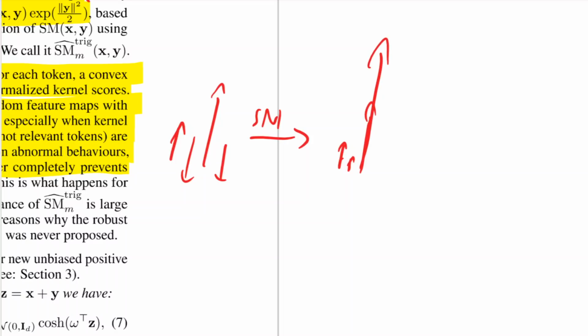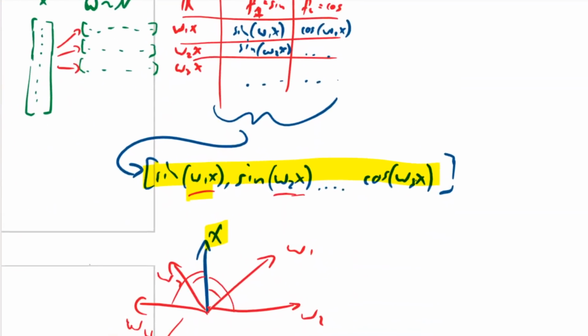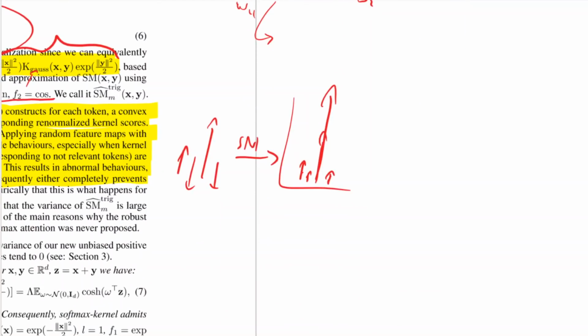Or really big, sorry, the softmax will scale that up. I will get out a positive distribution, like a kind of a histogram, okay? And now I'm trying to approximate this by this formula right here, and you can see these are vectors which give me sine and cosine coefficients, and I linearly multiply two vectors together, which definitely means I can get negative entries and so on. So the renormalization then has to somehow maybe take care of that,